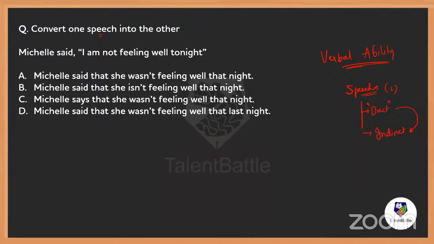Whenever you have quotations for a statement, that says it's direct. And whenever you have no quotations in the statement, that says indirect. So given a direct one, you have to convert it into an indirect one. So what is the correct option that is possible here? Everybody, quick. Nice, Neha.